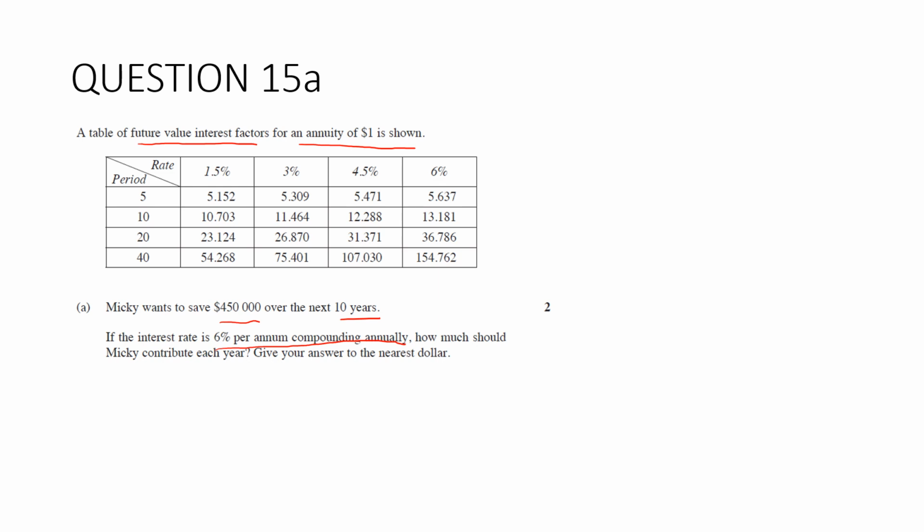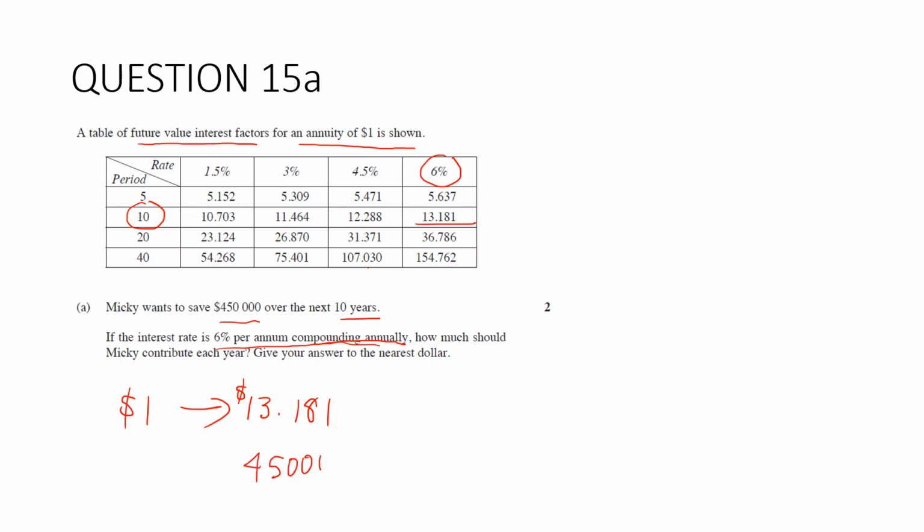Okay, so we're compounded annually. We don't need to make any adjustments. We have 6% and we have 10 years. So we want this number here, 13.181. So $1 is going to amount to $13.181 in how long? 10 years. He wants